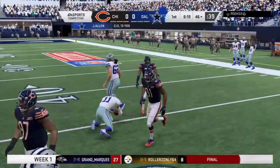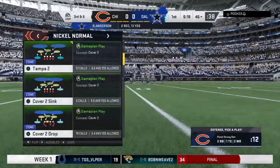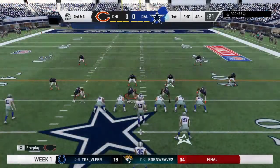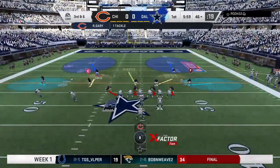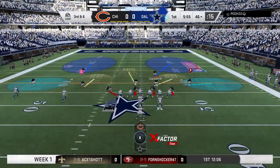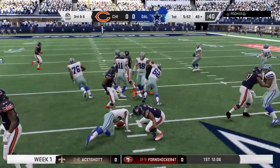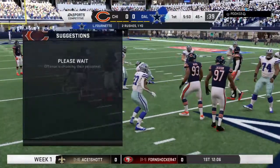Give him 4 on the ground there. They're now left with 3rd and 6. I'm not sure that you'd call it a trick play, but they definitely showed some imagination there. I wouldn't be surprised if they want to come back and show this play a few more times before this one is over. Out of the pistol, it's Fournette, and he can only manage to get this to the 45-yard